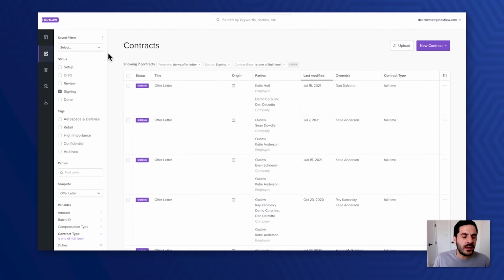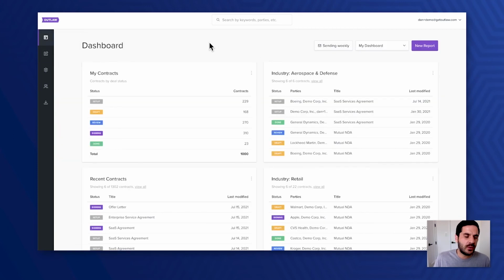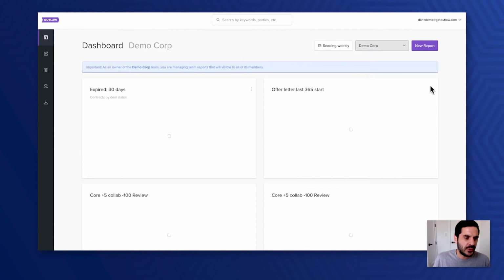So what we can do here is actually save that as a filter and then use that filter for reporting. So I can show you a quick example of some dashboard reports, things that matter to me. All of these contracts are in my repository, and I want to filter down to the demo corporation ones.